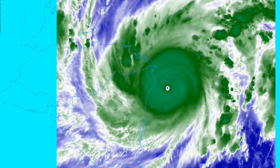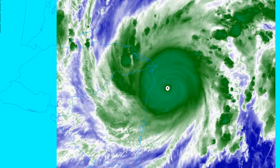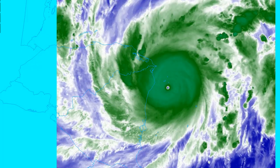winds. We had 2 recon planes that had to turn back due to mechanical errors, so we didn't have Air Force in there all day. They're finally in, and there's another plane taking off from Mississippi. We've got planes that are going to be zigzagging through Eta all night long as it nears the coastline as